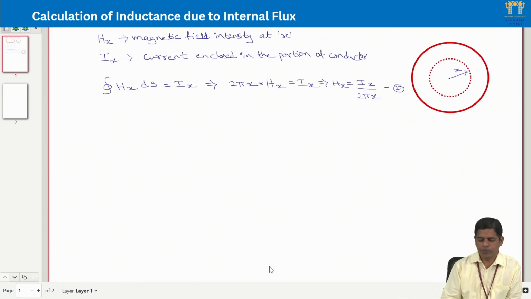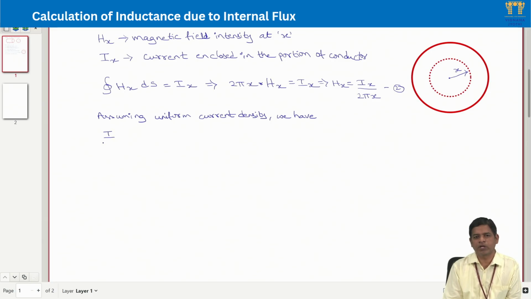Now, assuming uniform current density throughout the conductor, we can write the ratio of the total current flowing in the conductor to its area, which is pi r square, will be equal to the current Ix, which is flowing in the portion of the conductor, to pi x square. It implies